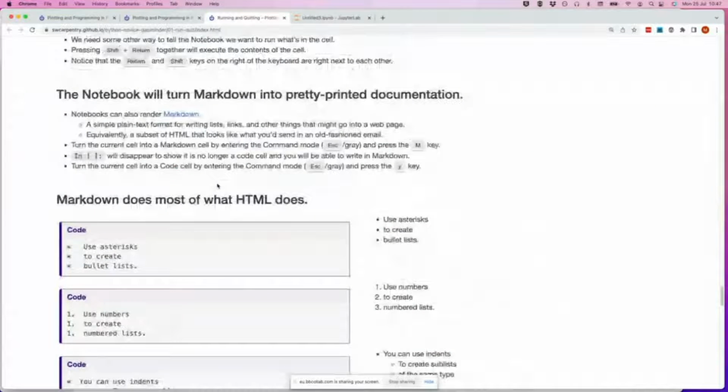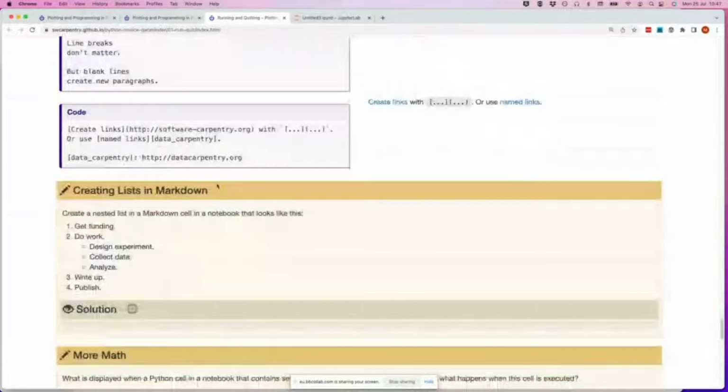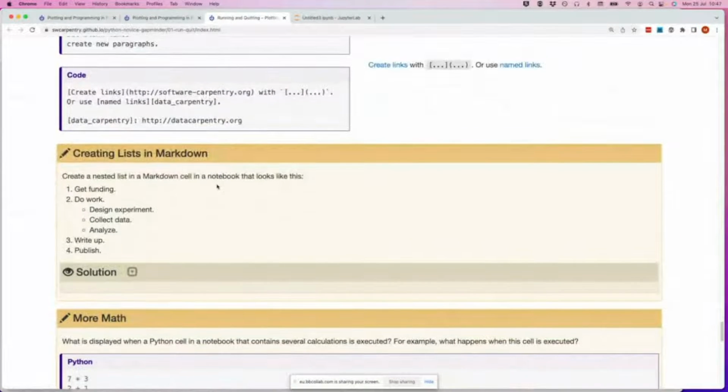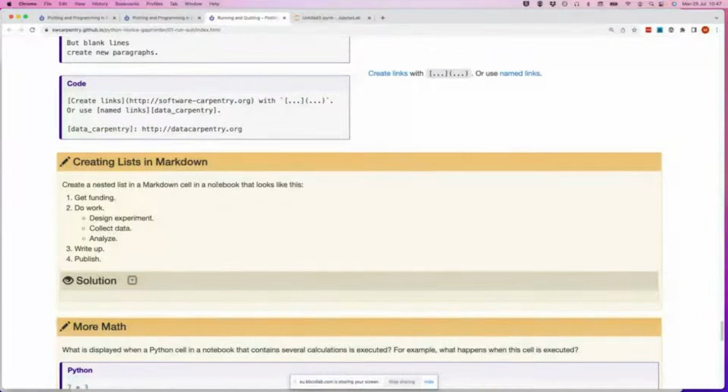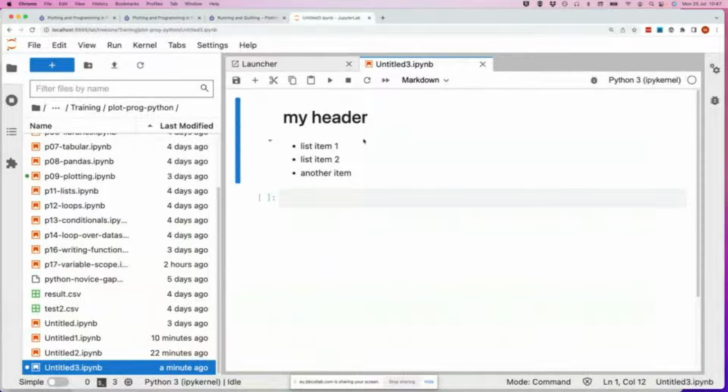So I think there's an exercise here, which is to create a nested list in a markdown cell in a notebook that looks like that. So if you can try that exercise, just to create a markdown, the key thing to do is to